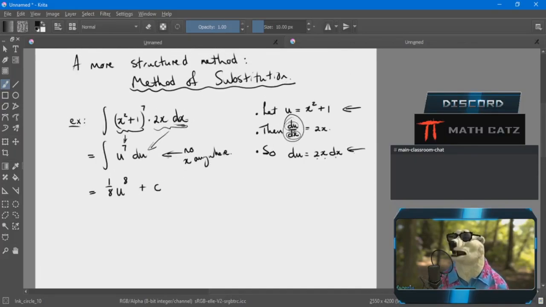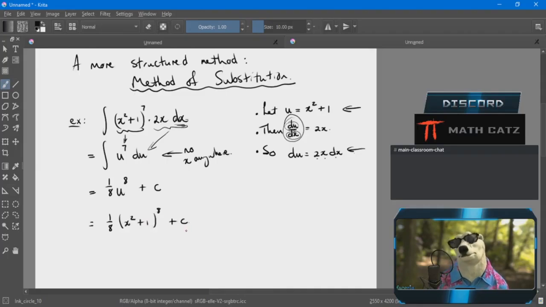My original question used the variable x, and it asked for this first line antiderivative. So I should go back and answer in that same variable. But that's not very complicated. I just swap back what u is in terms of x. 1 over 8, u to the power of 8 becomes x squared plus 1 to the power of 8 plus